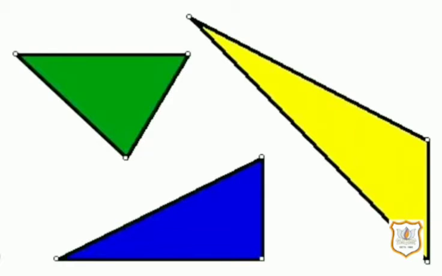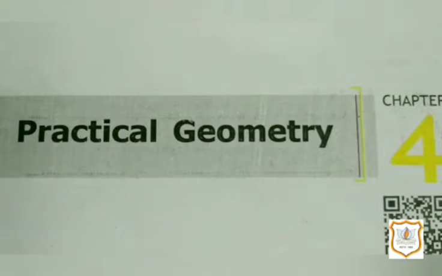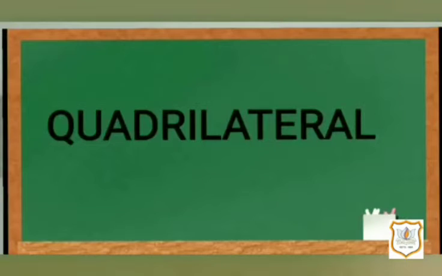So students, you have learnt how to draw triangles in class 7. We require 3 measurements to draw a unique triangle. Since 3 measurements were enough to draw a triangle, a natural question arises whether 4 measurements would be sufficient to draw a unique 4-sided closed figure, that is a quadrilateral.